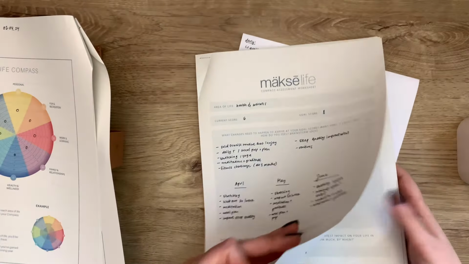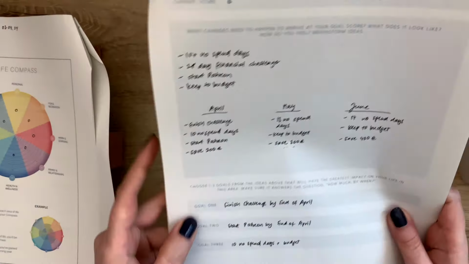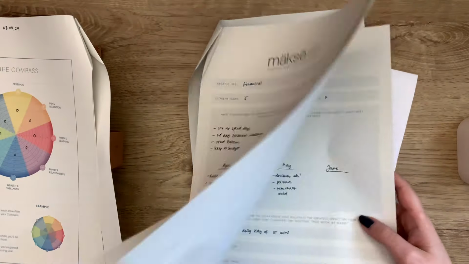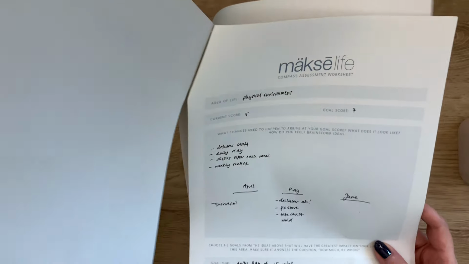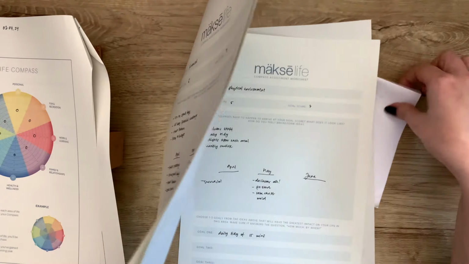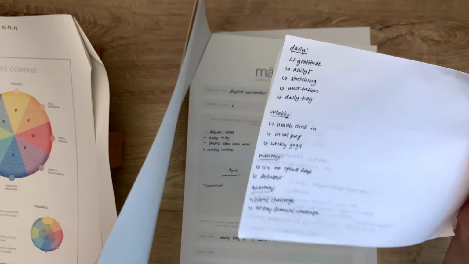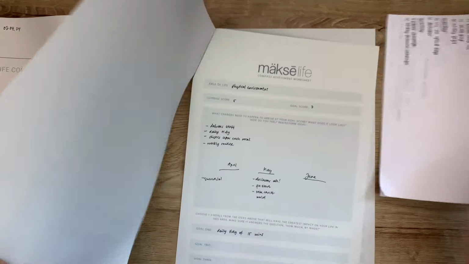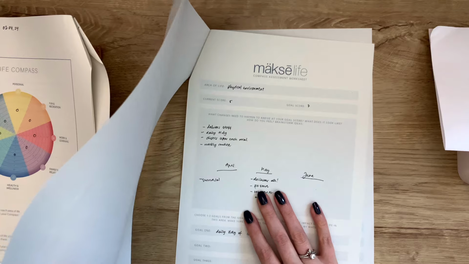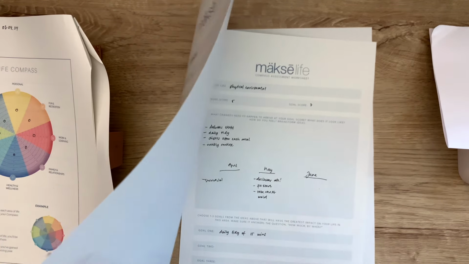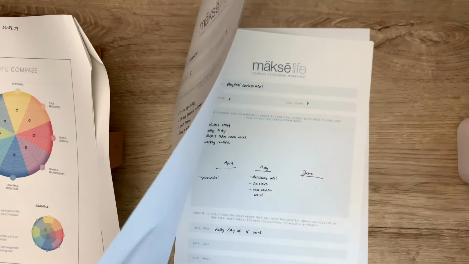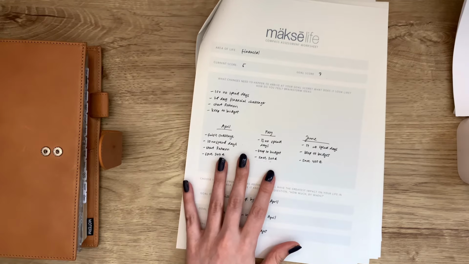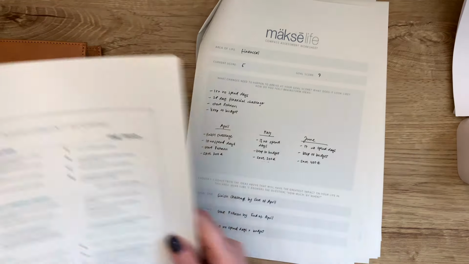I did that for financial as well, and for career, and I also did physical environment because I want to incorporate a daily tidy, as I wrote it here. I wanted to map it out a bit. I am unsure about June yet, but that's fine. So yeah, that's that. Now that I have already mapped out some goals, I am going to go through